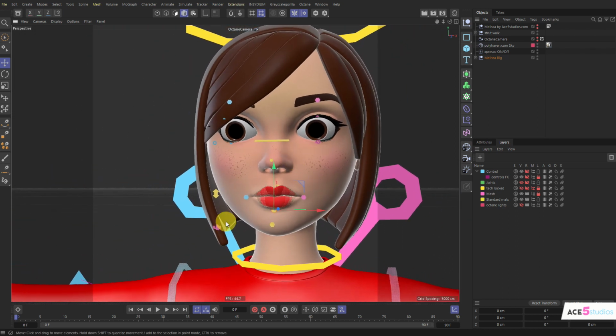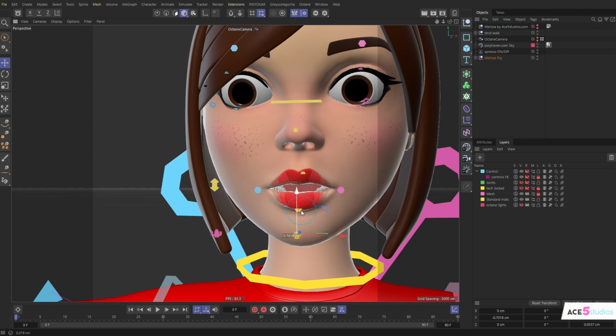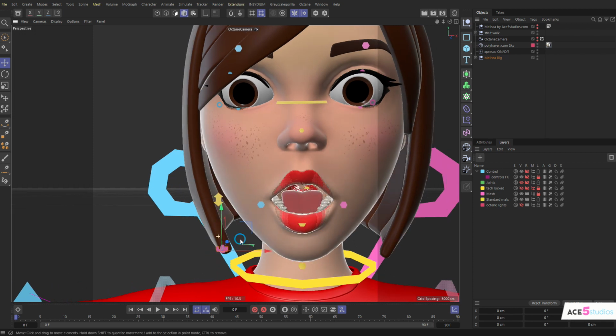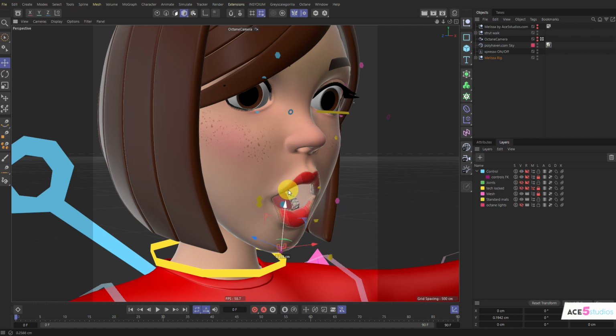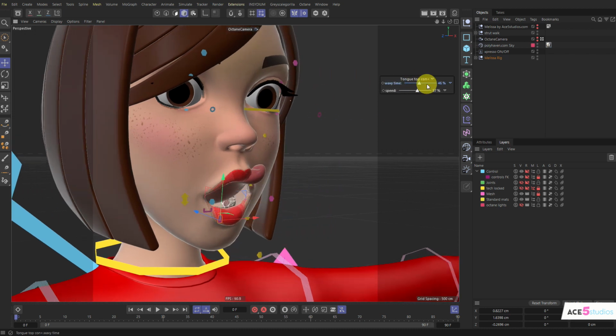What else do we have? We have the tongue control here. So if you open the mouth up, you have these two controls, of which this one moves the tongue in and out, and this one will let you wiggle it up and down. As you notice here, you also have this wavy tongue controller, which if you don't push it up too far,